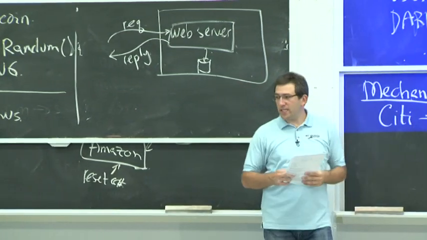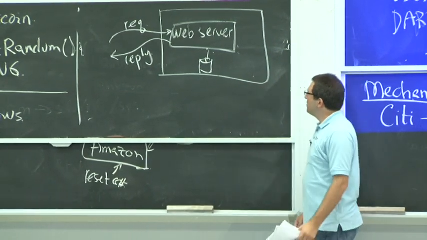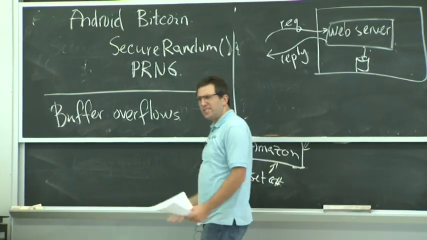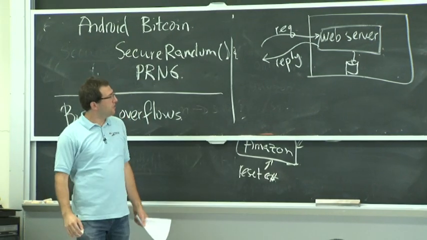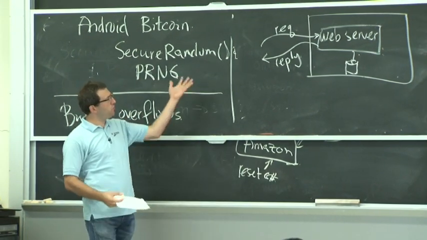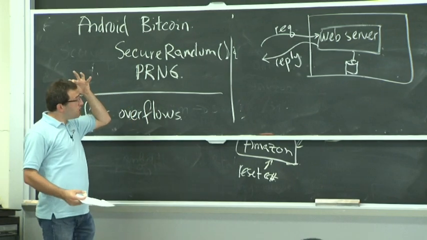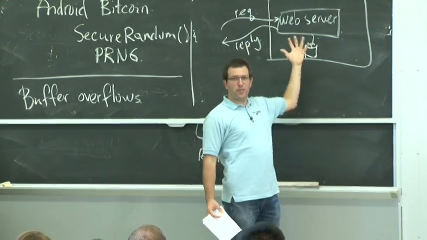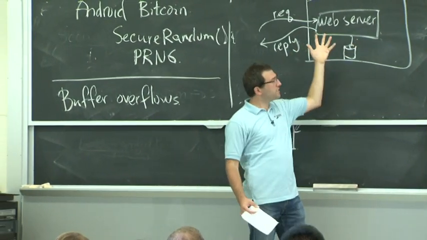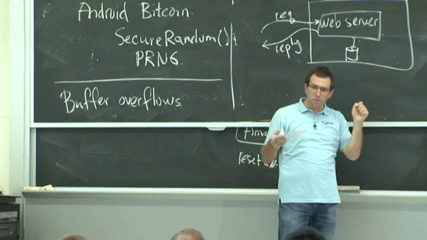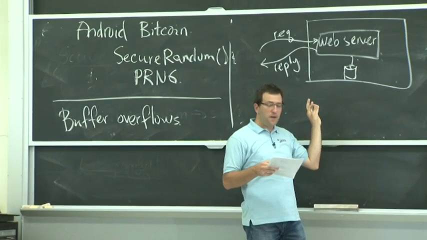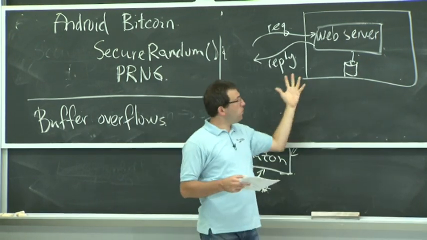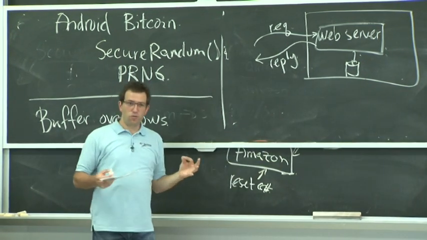And I guess the goal is that this web server shouldn't allow arbitrary stuff to go wrong here. I guess that goes along with what the programmer intended. The programmer probably didn't intend any request to be able to access anything on the server. And yet it turns out if you make certain kinds of mistakes in writing the web server software, which is basically the mechanism here, right? The web server software is the thing that takes a request and looks at it and makes sure that it's not going to do something bad, sends a response back if everything is OK. The web server is this mechanism. It's enforcing your policy. And as a result, if the web server software is buggy, then you're in trouble.